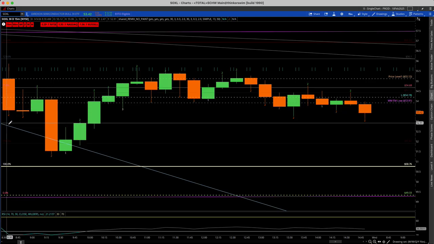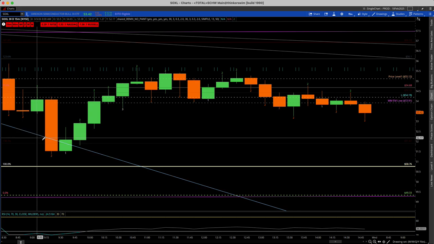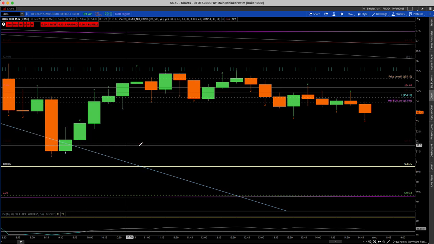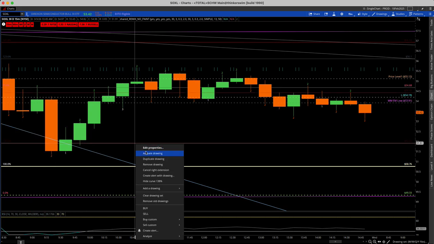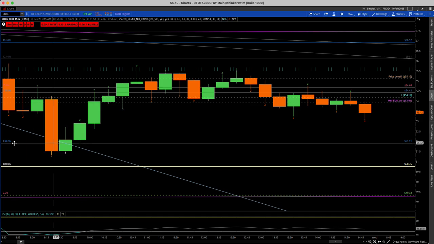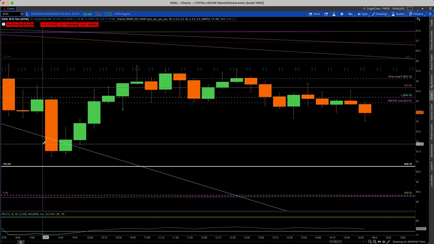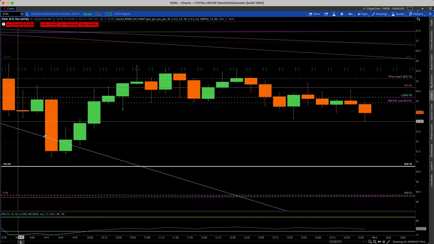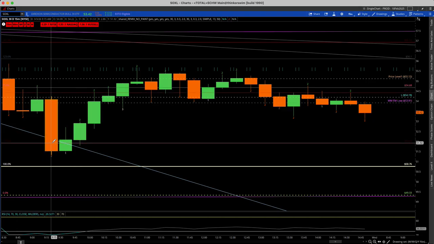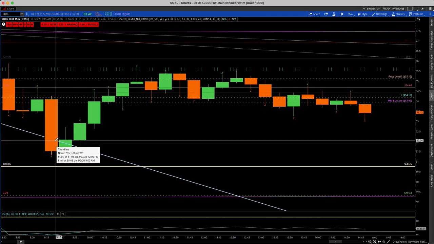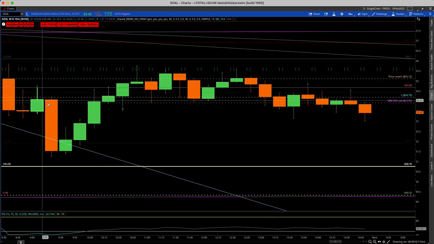Now it pushed down directly to where this hourly broadening formation is, and let me just activate this so you can see it a little easier, and where this 138.2 fib extension is, and that is for the bull flag from the April 7th low, right? So that 138.2 fib extension is some pretty good support. If you look to the left, we'll look at that here in a second when we go to the higher time frames. So we did unload a majority of the position here,